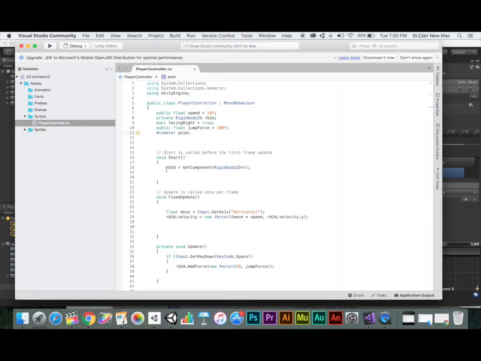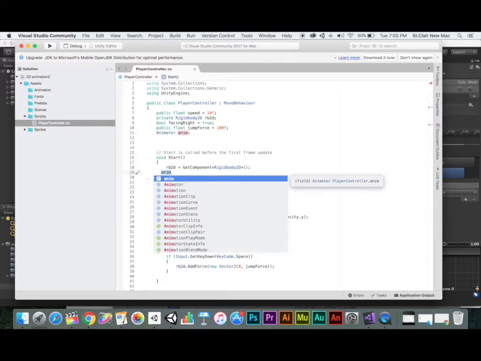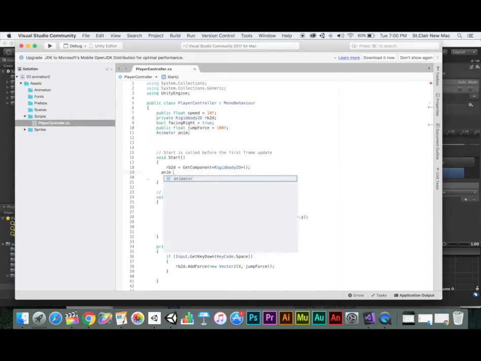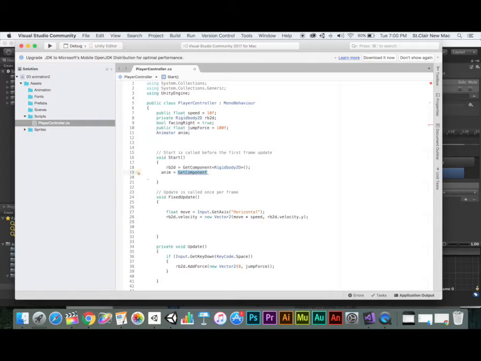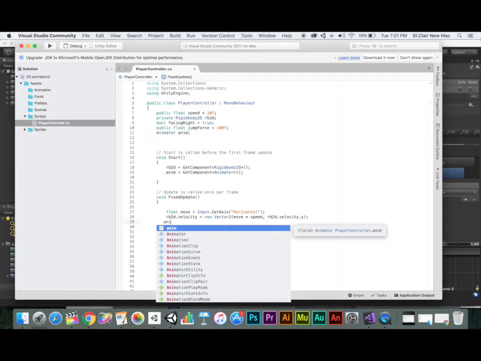We're going to come down to our RB2D right here, and we're going to tell it anim equal GetComponent, angled brackets Animator, and go to the end of that, parentheses and semicolon. So we're telling it to use the animator from the time we start. I want to come into our void FixedUpdate, and under RB2D I want to type in anim dot